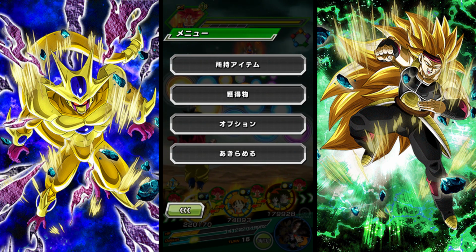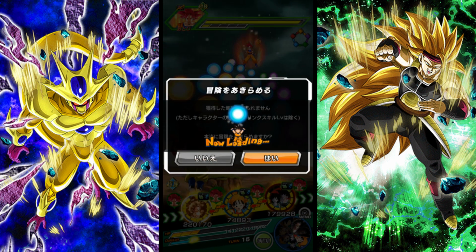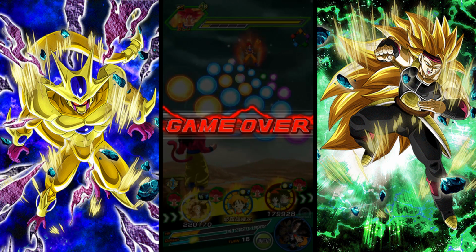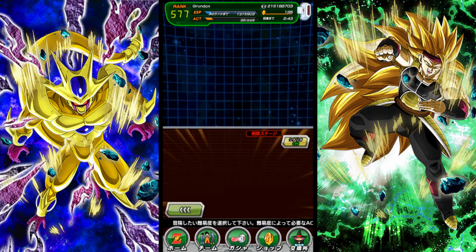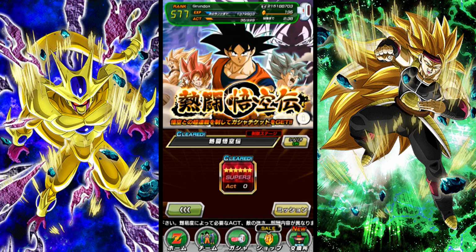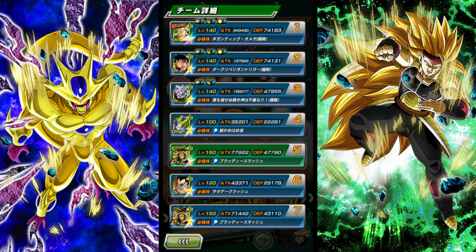Alright, so let's make this quick. Let's go into extreme tech. Let's use an extreme tech team, and then we're gonna do the look at the unit. Alright, so we went with this team build right here. We used a LR Broly friend, and we used this Super Saiyan 3 Broly as our leader. So in this rotation you should have pretty good